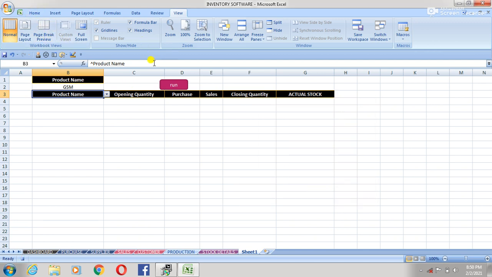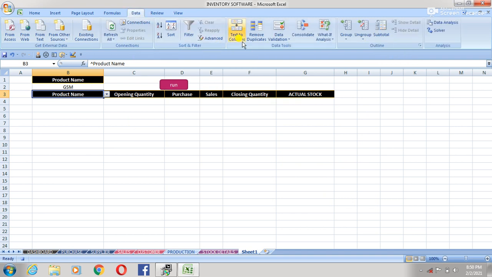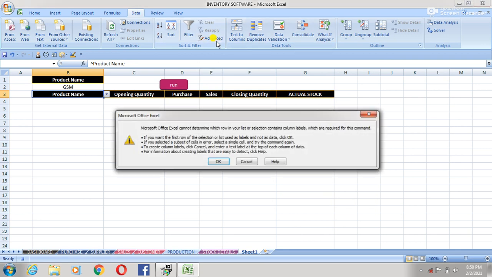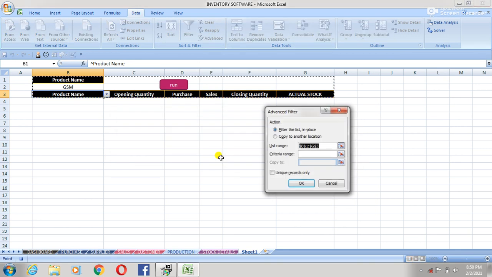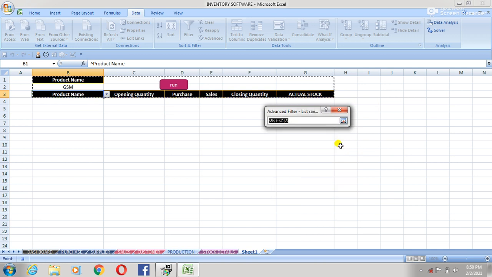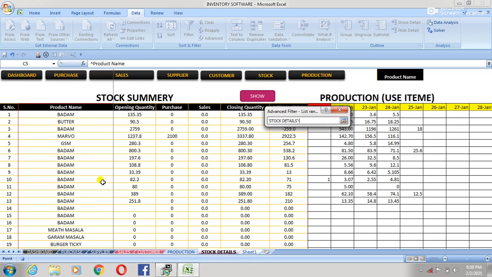After that, press OK. So the macro is running. Go to the Data menu and choose Advanced, as I have told you, the first option, and the next option is Copy to another location. Okay, list range: your list range is from here to there.